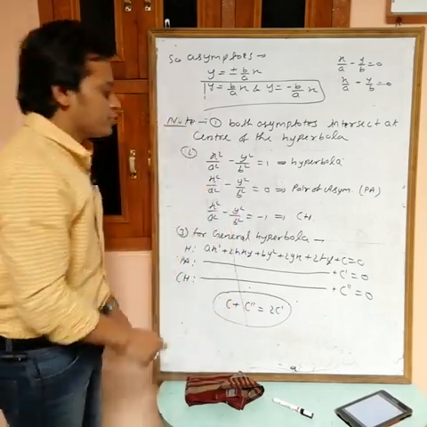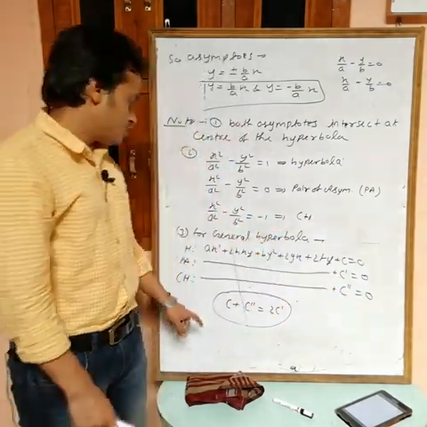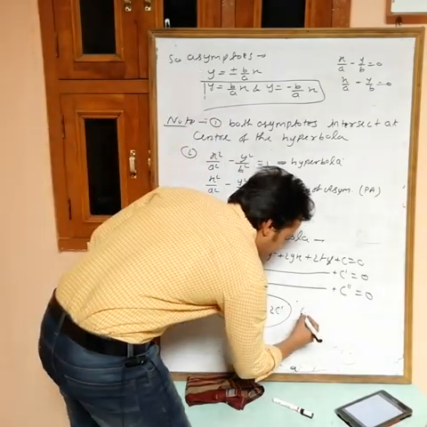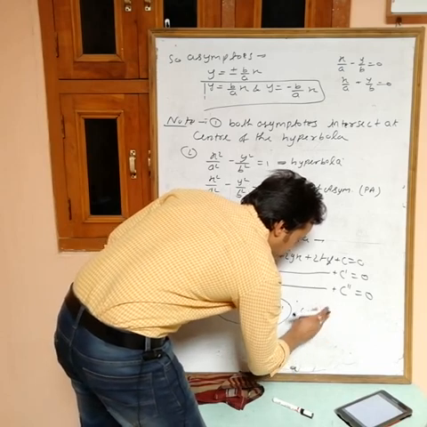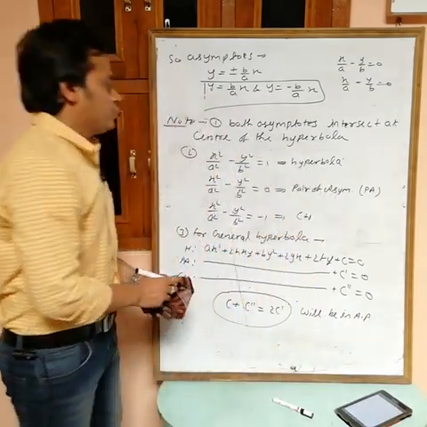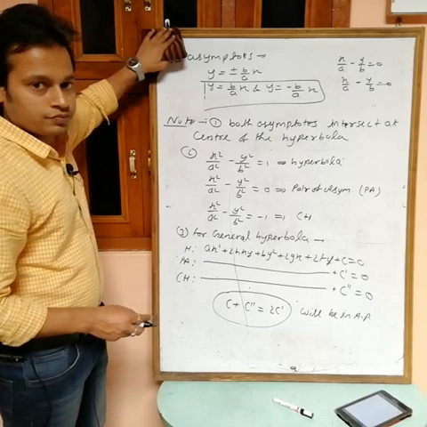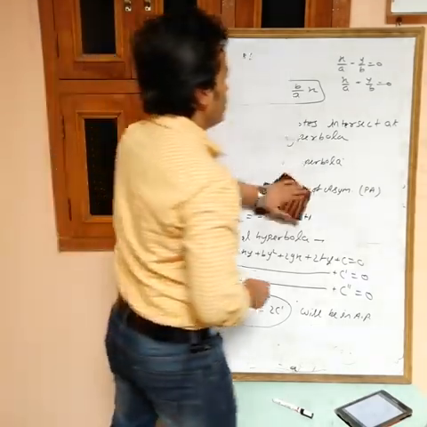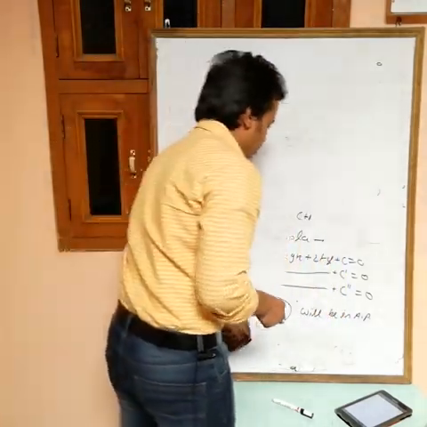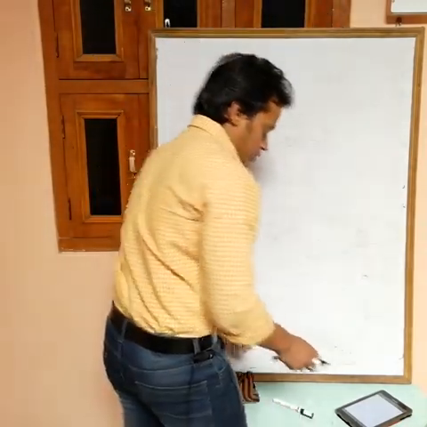That relation is c plus c double dash is equal to twice c dash. It means the sum of the constant terms of the hyperbola and conjugate hyperbola is always twice the constant term of the pair of asymptotes. It means these will be in AP, c dash and c double dash. So asymptotes for the hyperbola x square by a square minus y square by b square equals 1 are y equals plus minus b by a x. We have two asymptotes.